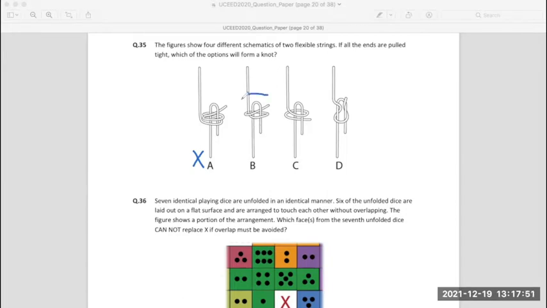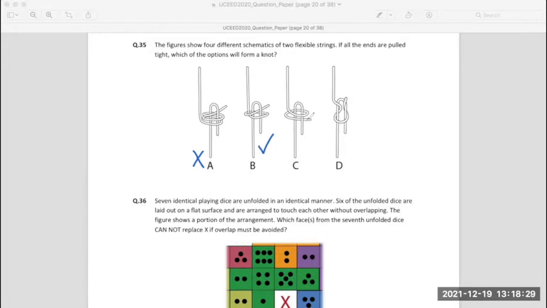The hint is this interlocking junction which is happening here. Whenever you have this kind of interlocking junction, there's this rope, and then there is another rope which overlaps it, goes around that lower rope and then goes here. So can anybody tell me if B will be a knot or not? Yes, it will be a knot because of this junction happening here, and also this getting interlinked by another rope. It will be tied together.